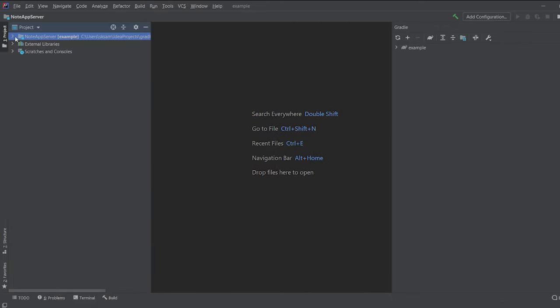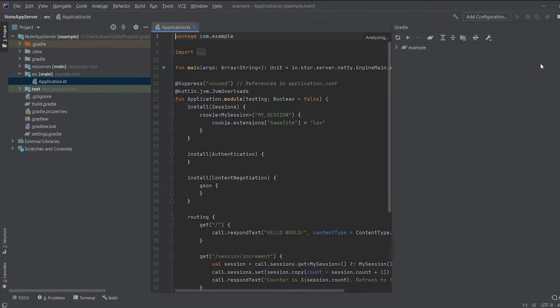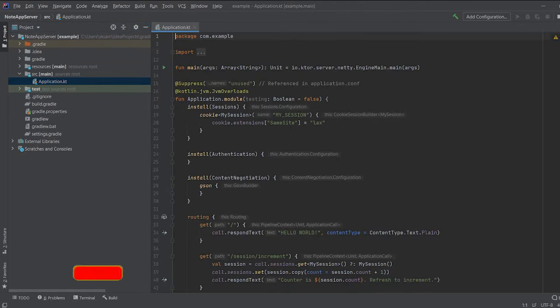Now the Gradle build is finished. Just open this source folder and open this application.kt file. This is the main file of our project. Everything we do will be declared in this file. Now let's start our server. To start our server,